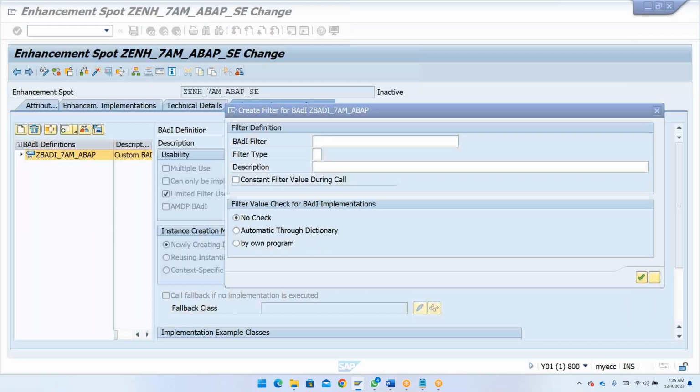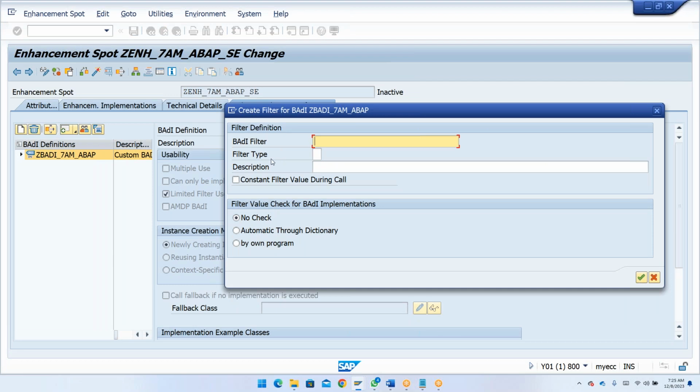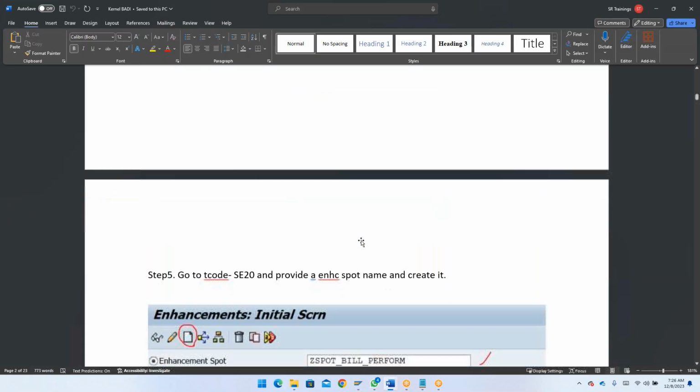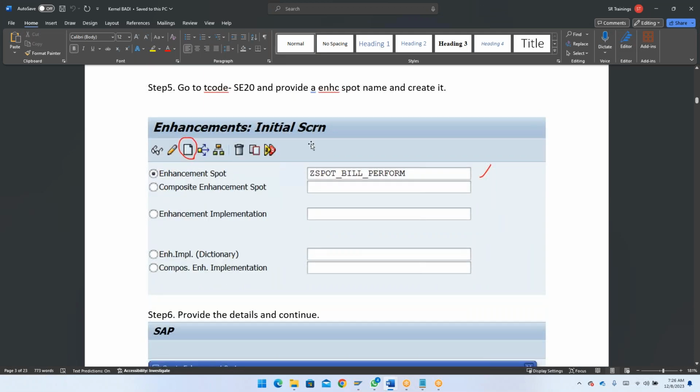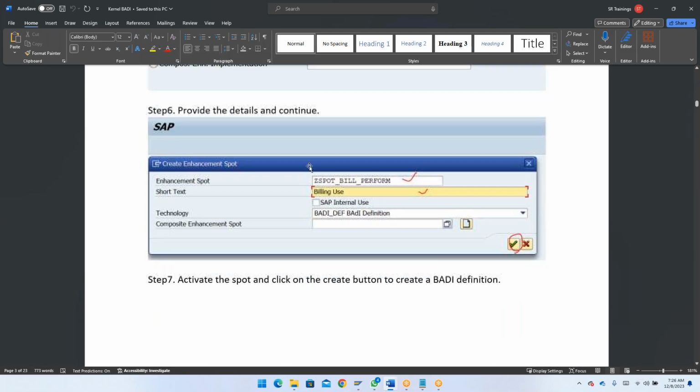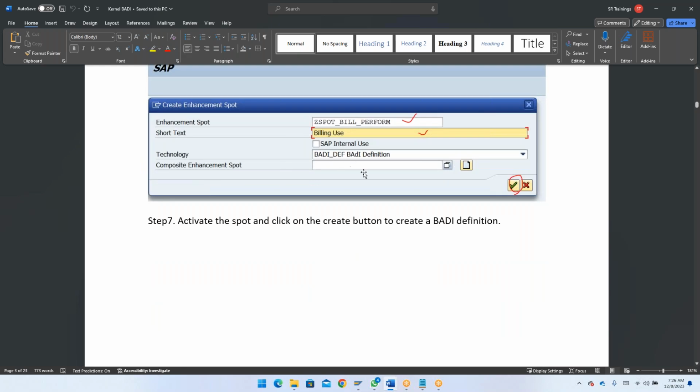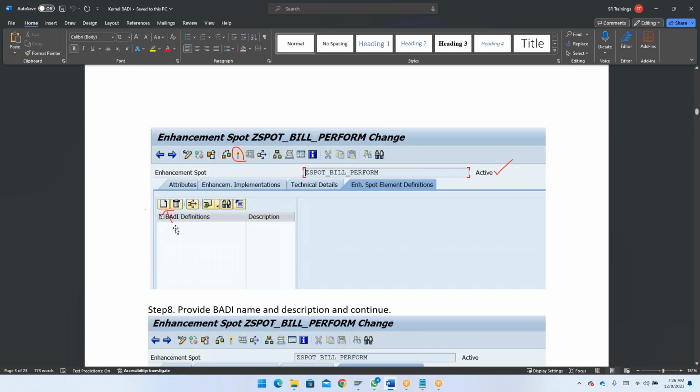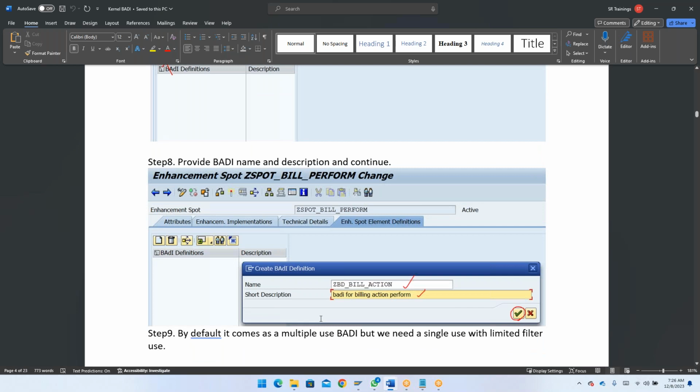Now I'm coming back to my enhancement. So you just need to provide your BAdI filter name. In this, what type of filter values you want to check, whether you don't want to check anything, or whether you want to check through the data dictionary, or whether you want to check by your own program. Right now I'm going to do it from your own dictionary. So I'm just going to take the BAdI filter. So here they have created your domain and everything. So here also you can do it, enhancement spot, and what is the spot and everything, the BAdI definition, the same thing. So the name, which we have done till now